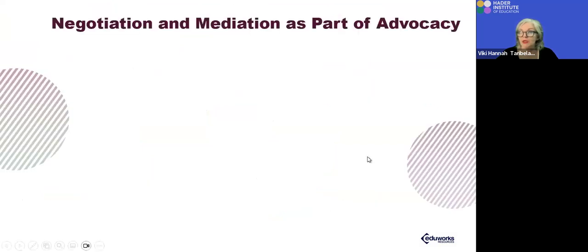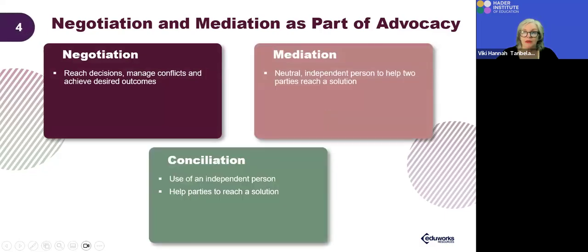So negotiation and mediation as part of advocacy, you can definitely have that dignity of risk and you can have differing opinions, but you just need to let the person know which bits you can do and which bits you cannot. So that comes with trust and engagement and mutual respect as well. So just be really mindful about that when we negotiate. It's reaching decisions on behalf of our client.